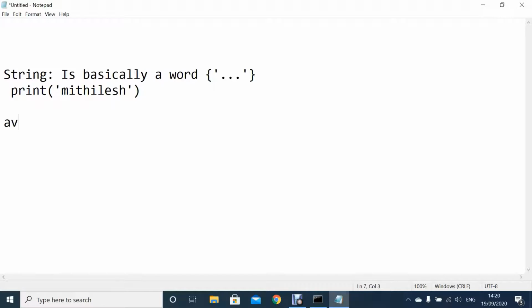A variable is completely off topic, right? A variable is nothing to do with data types, but a variable does store one of those 4 data types that I told you: an integer, a string, a boolean, or a float, right? So, a variable, you've probably heard this in maths or something like that. If you haven't heard of it, it's just like a place where you store a name, an integer, a float, or a boolean value. So I could just store a variable, for example,